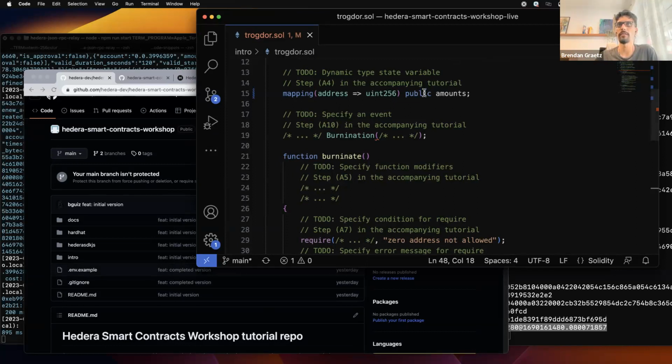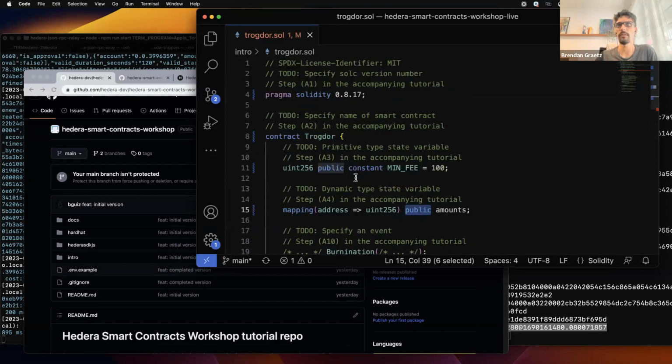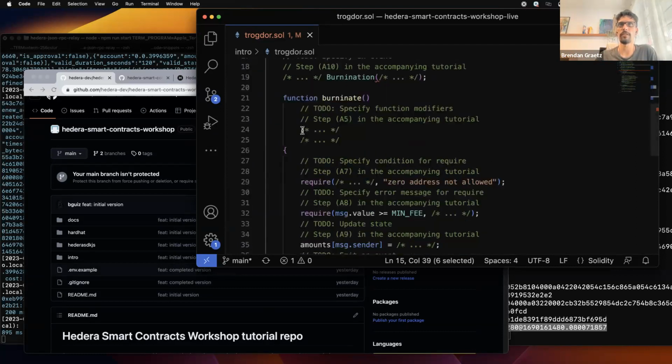And that applies to state variables as well, and functions can also be public. In fact, many of them are. So let's specify public for this one. We want this burn function to be public. And we also want it to be something called payable. Now, this is